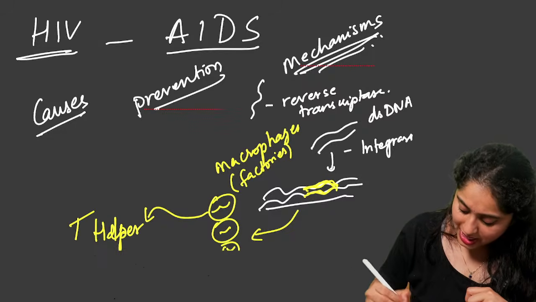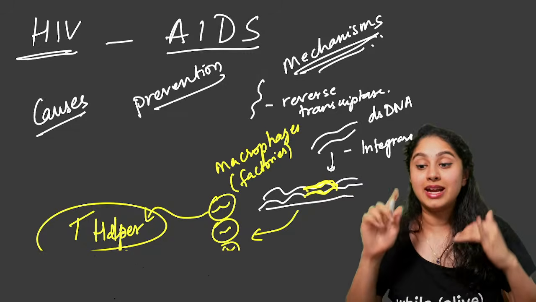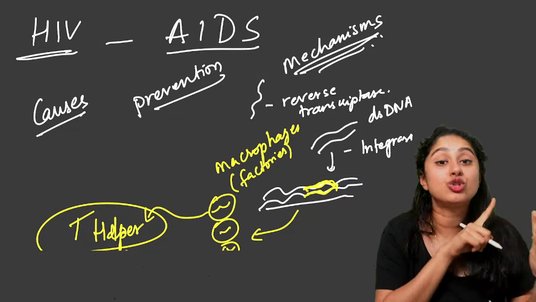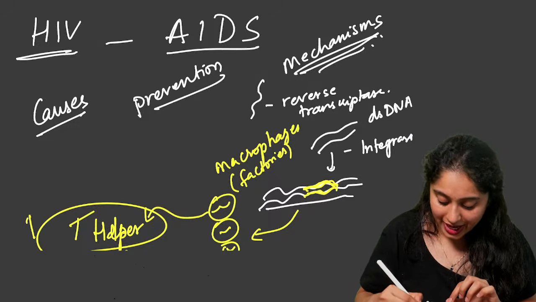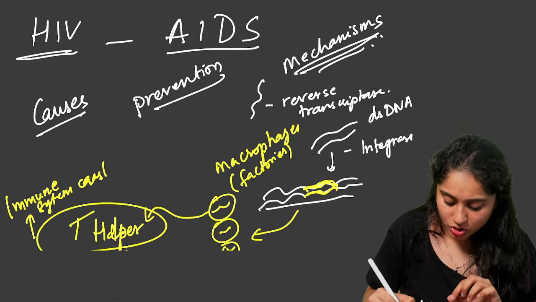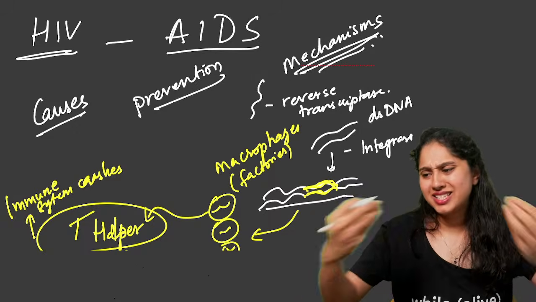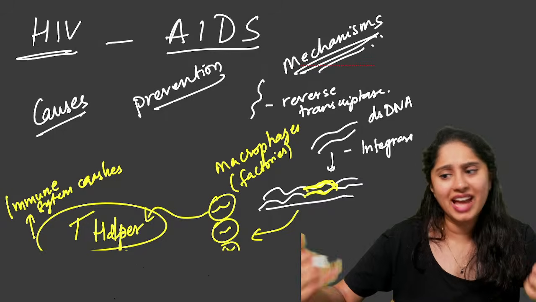Okay, majorly the T helper cells, and these T helper cells are the ones that help T cells and B cells to fight. Now, once these cells are attacked, my entire immune system will crash. That's all. So then any very small type of infection also, you will get severely affected and you can die.